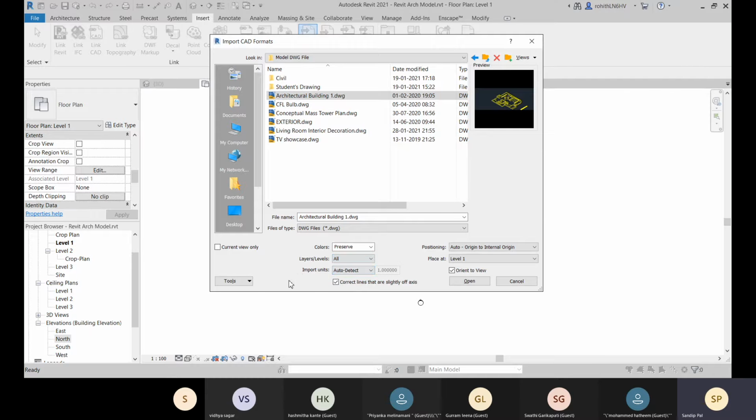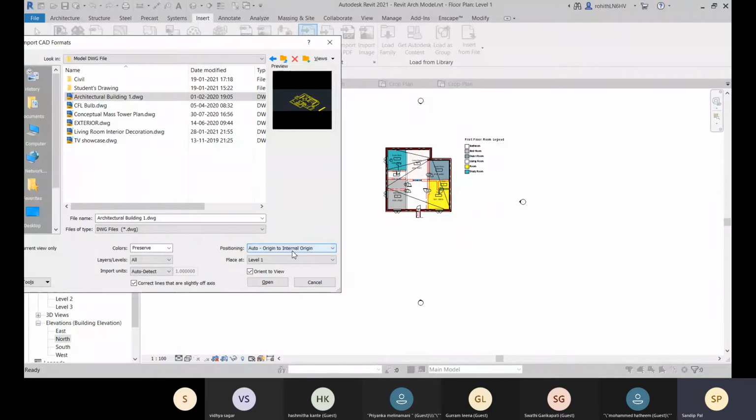Okay. Now about import units, you can go for auto detect, or if you are sure about your unit, you can select the right unit over there. So let's go for auto detect. And what about positioning? You can make it origin to internal origin. The 0 is the origin for the AutoCAD file, and that origin goes to this internal origin.